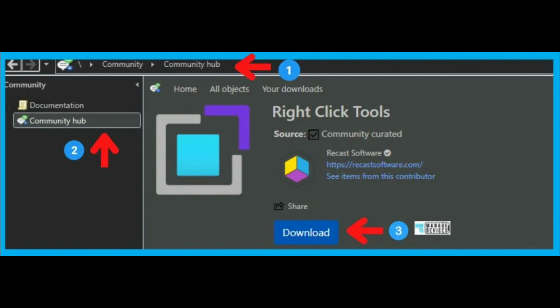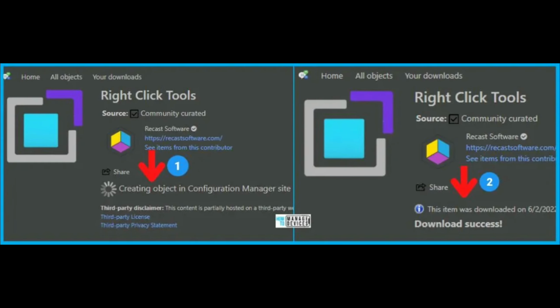In the SCCM console, navigate to Community, then Community Hub, and you can search for right click tools. Select Recast Right Click Tools approved by Microsoft and there will be a download button. You can click on the download as shown in the picture. Once you click on the download button, SCCM fetches content from the GitHub and creates corresponding SCCM objects